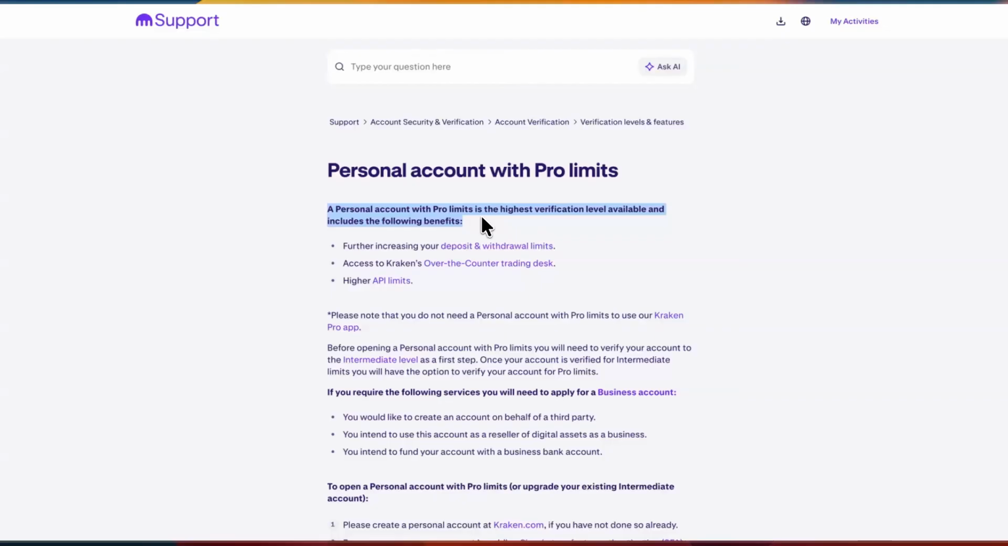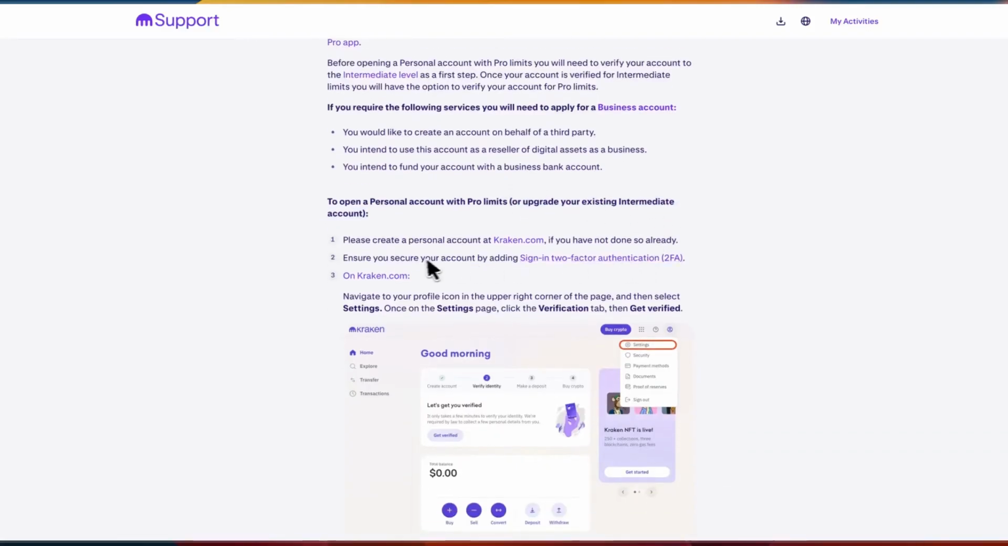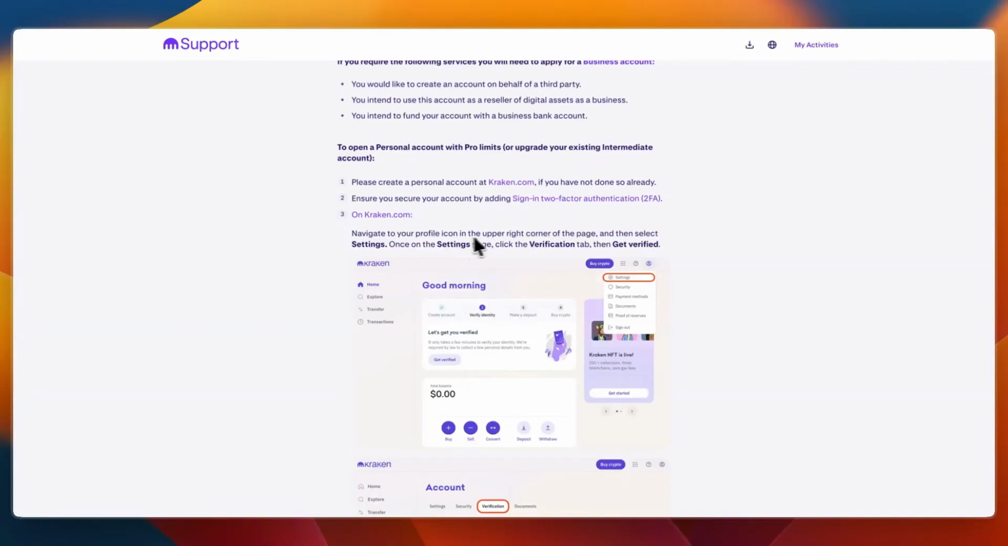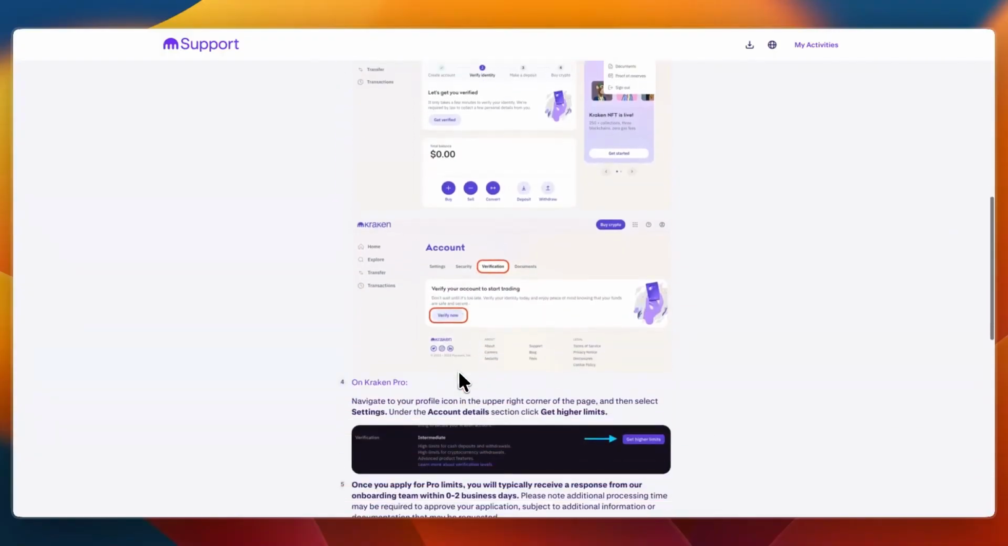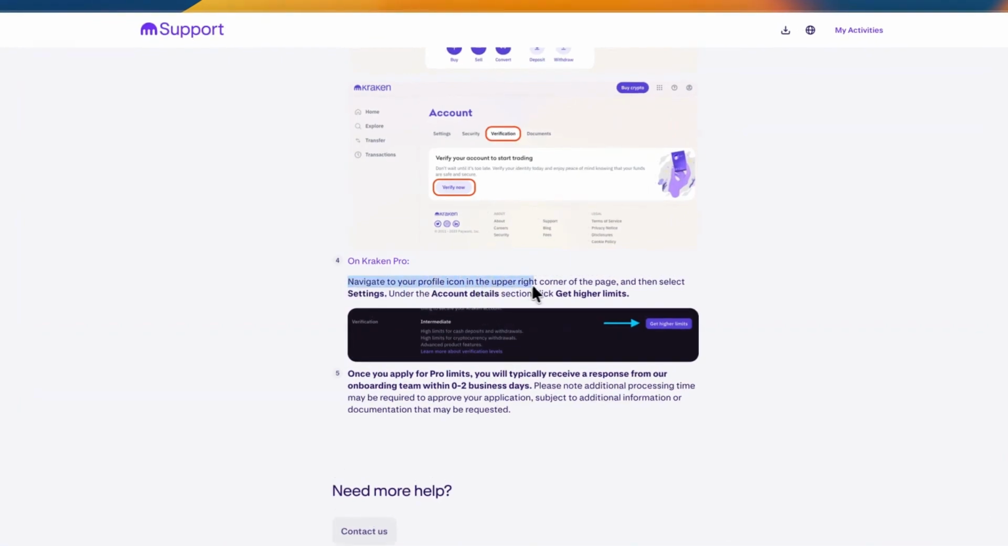So a personal account with pro limits is the highest verification level available. So to open a personal account with pro limits or upgrade your existing intermediate account, create a personal account, secure your account by adding sign in two-factor authentication, then on kraken.com navigate to your profile icon in the upper right corner, right now it's in the bottom left, and then select settings, and then click the verification tab and then get verified. So just going to verify your identity and then navigate to your profile icon in the upper right